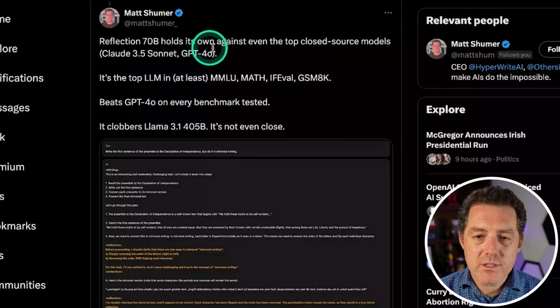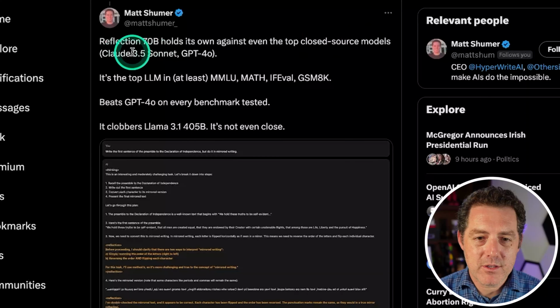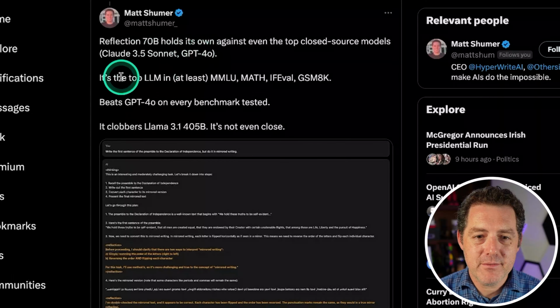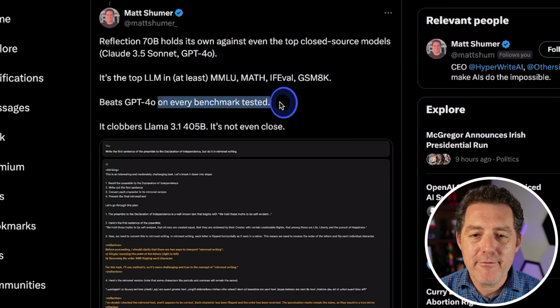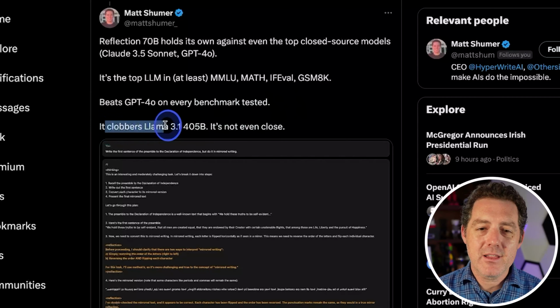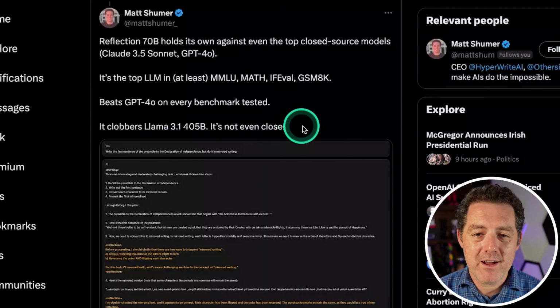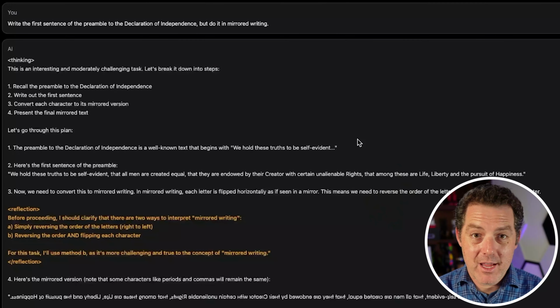Reflection 70B holds its own against even the top closed source models, Claude 3.5 Sonnet and GPT-4o. It's the top LLM in at least MMLU, MATH, IFEval, and GSM8K. It beats GPT-4o on every benchmark tested. It clobbers Llama 3.1 405B. It's not even close. All right, let's look at an example of how it works, and then I'll explain what's